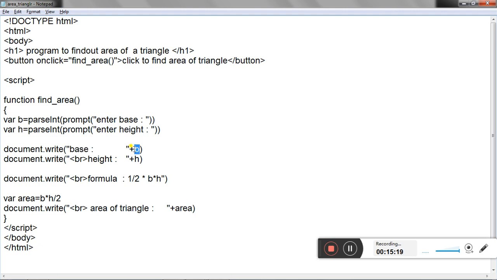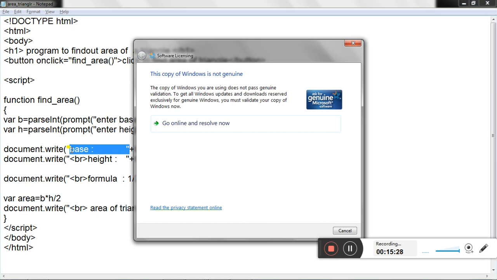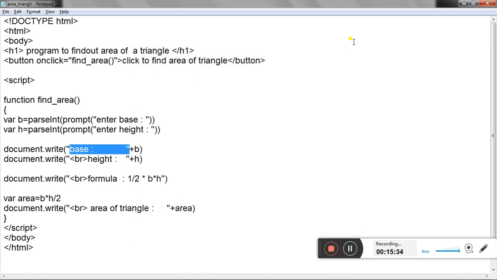There are two statements. This is the variable value, and this is what? A constant statement. This constant statement is going to display as it is on the screen, and b carries the value of base entered by the user, so it will display that value along with the message, that is base. Then we will give a line break by using the br tag.